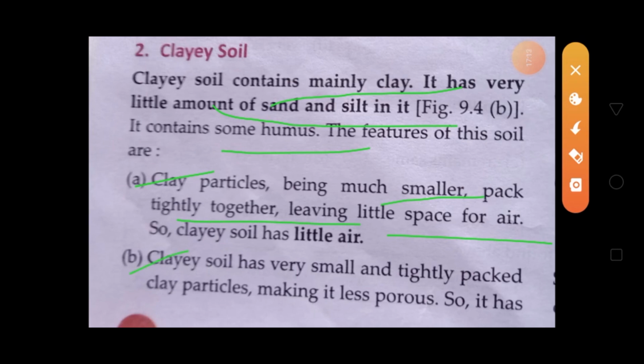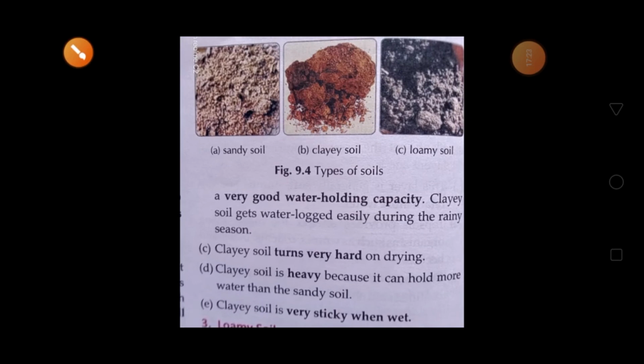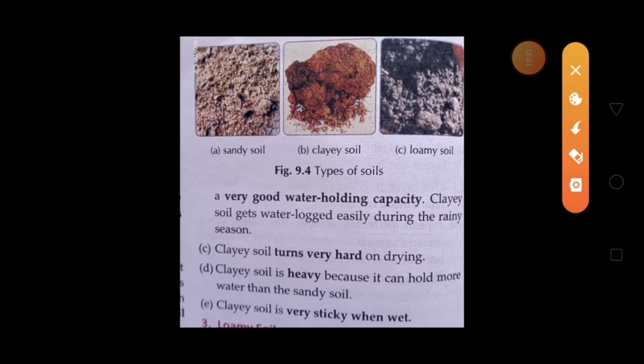Next, clay soil has very small and tightly packed clay particles, so it becomes less porous. This is the highest or very good water holding capacity, because there is no gap between the particles.